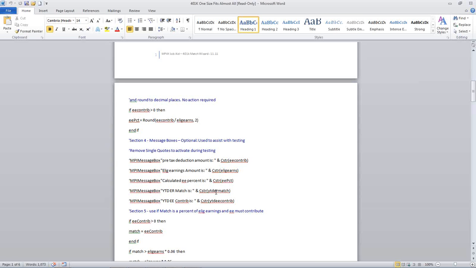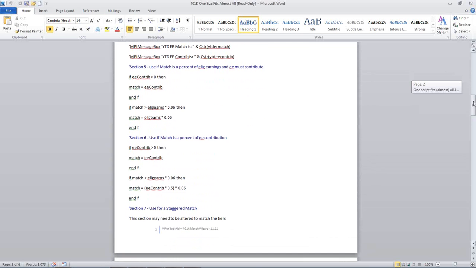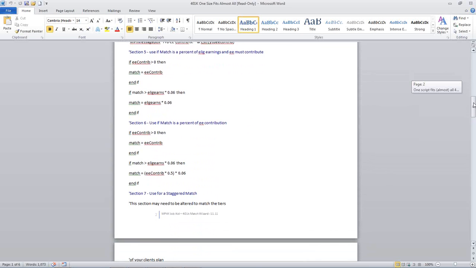So now if you go back to the scripting recap sheet that we provided that shows the 14 sections on one page. Now we're to the point where we're going to choose which calculation we're going to use of the 3 that I've provided. So on that document, there is section 5, 6, and 7. Let me try and get this up here to a point where you can see it all close. Okay, so we'll talk about section 5.